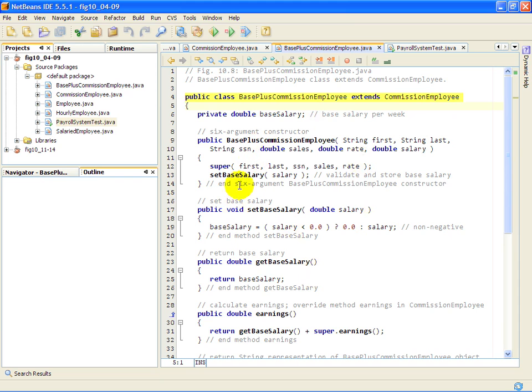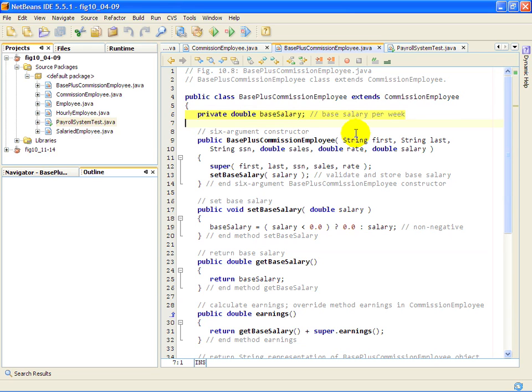considered to be a public method of our new class BasePlusCommissionEmployee, and all of the private data from the classes throughout the hierarchy is used to make up the complete in-memory representation of a BasePlusCommissionEmployee. So a BasePlusCommissionEmployee first consists of the strings first name, last name, and social security number that were indirectly inherited from class employee. That's followed by the gross sales and commission rate variables that we inherited from class CommissionEmployee, and that in turn is followed by the private piece of data called base salary that we're declaring here on line